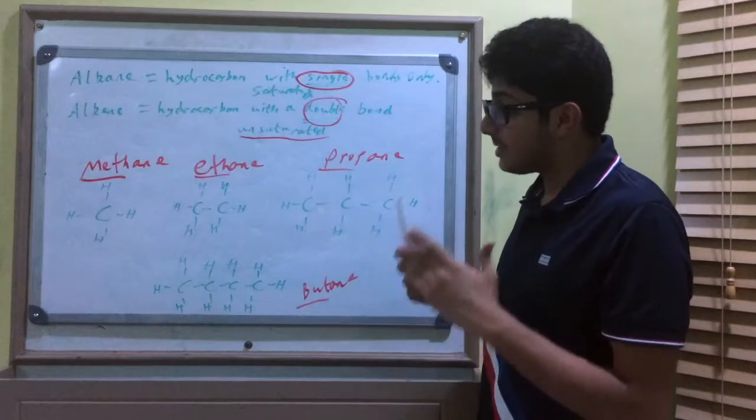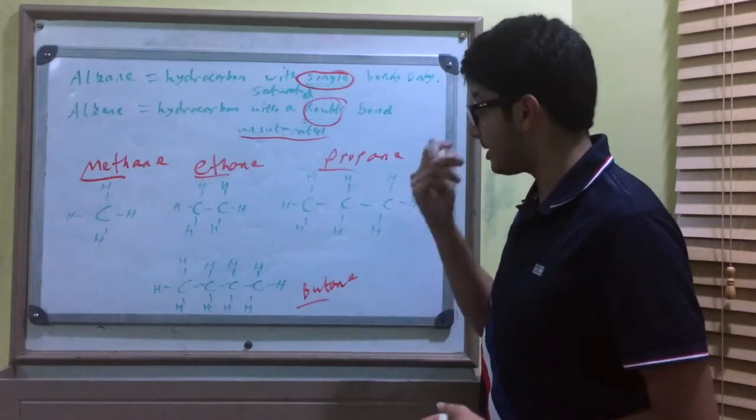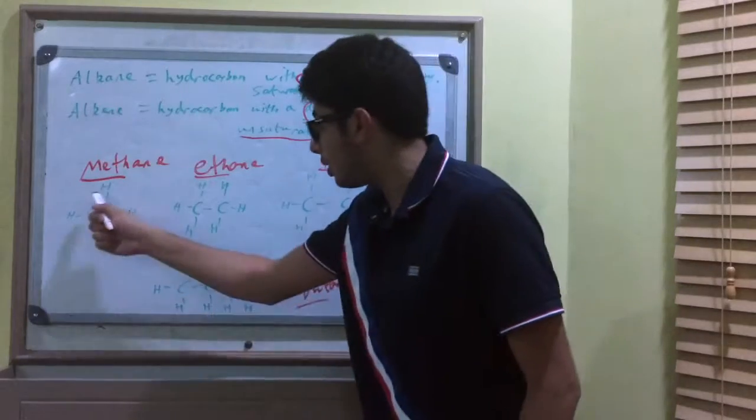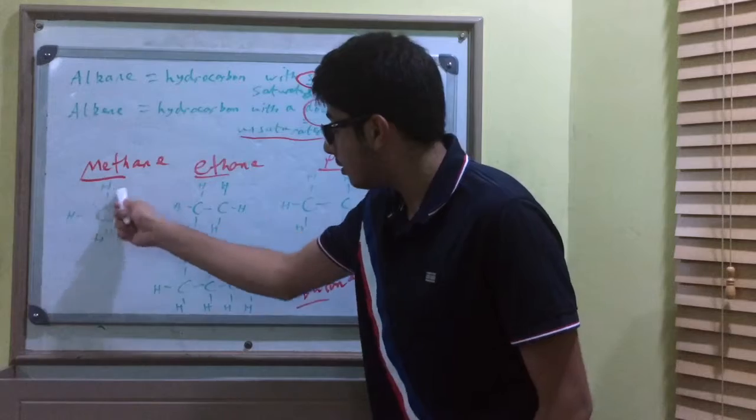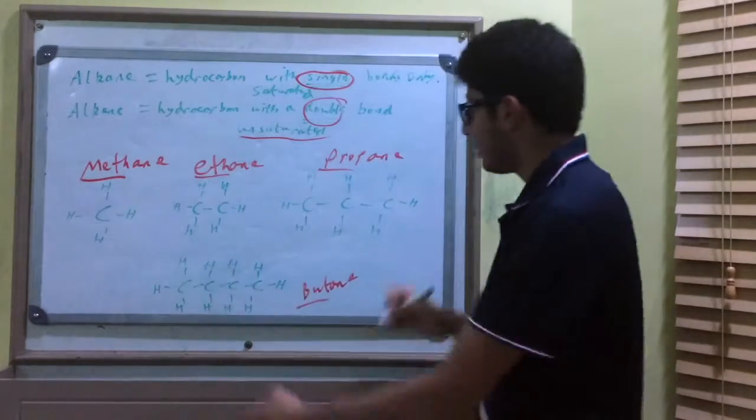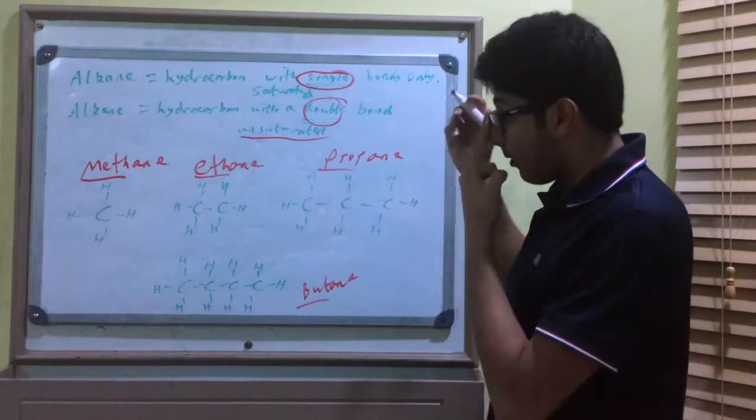If they ask you to draw the stick diagram of one of these alkanes, you have to know how to do it. So as I said, 4 bonds per carbon, 1, 2, 3, 4, and 1 bond per hydrogen. So it's actually not that complicated. Now here we have